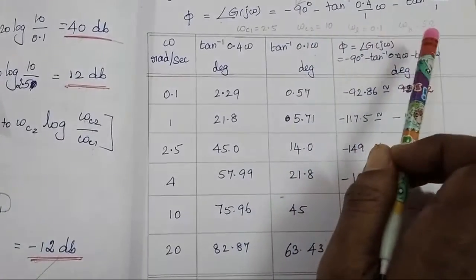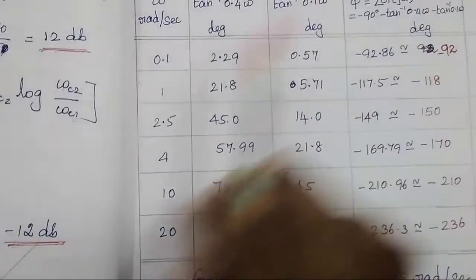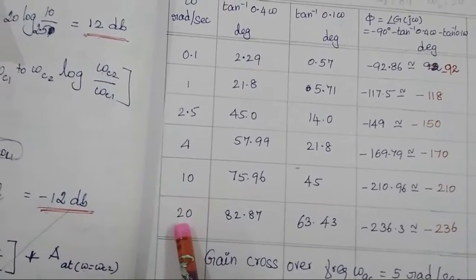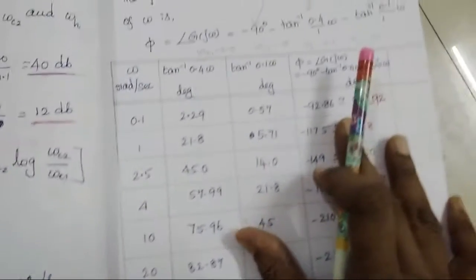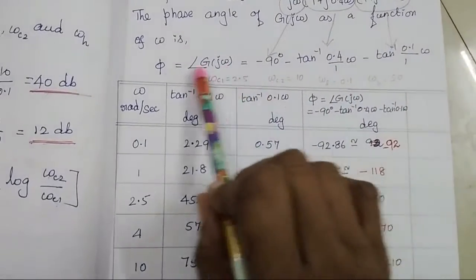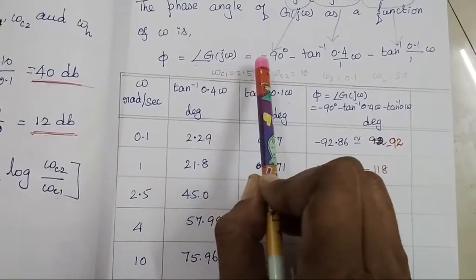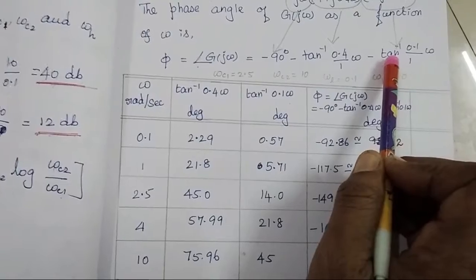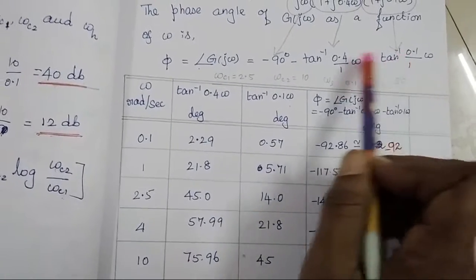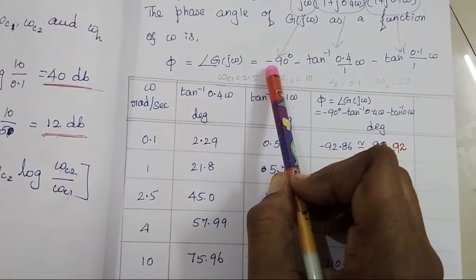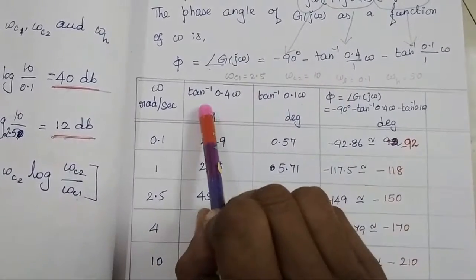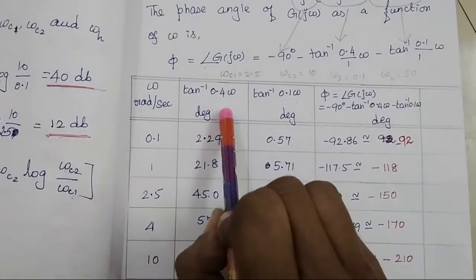Then 10 and 50, so in between 10 and 50 I am choosing 20. So what are all the terms included in this phase equation? For the phase equation I have tan inverse of 0.4 omega, tan inverse of 0.1 omega, all these values with minus 90 degree. So for ease of convenience, I am first taking a tan inverse of